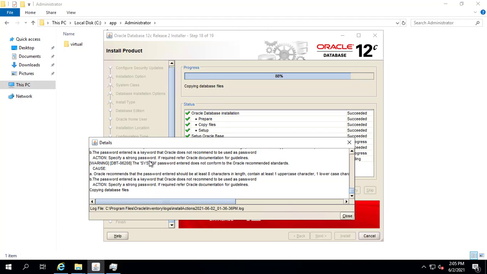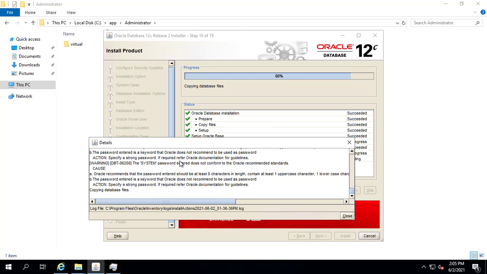For example, you have to use special characters, a minimum password length, numbers, and capital and small letters. As you see, Oracle recommends that the password should be at least 8 characters in length, and contain at least one uppercase letter, one lowercase letter,